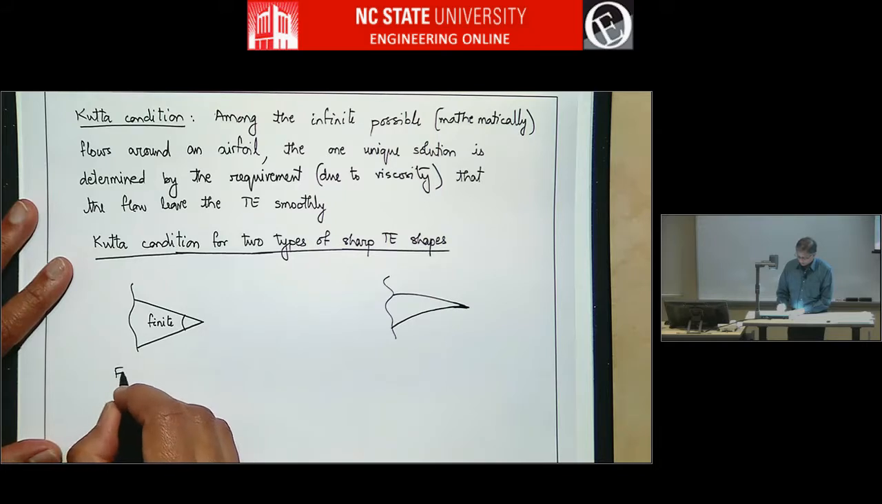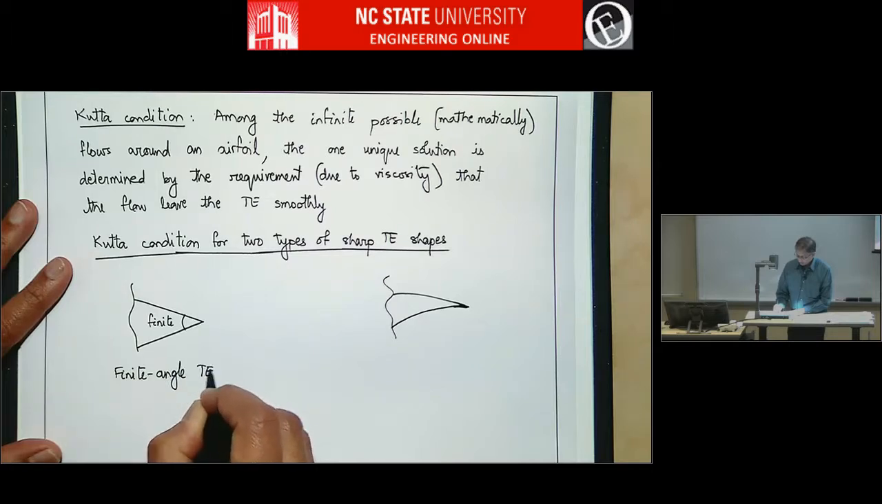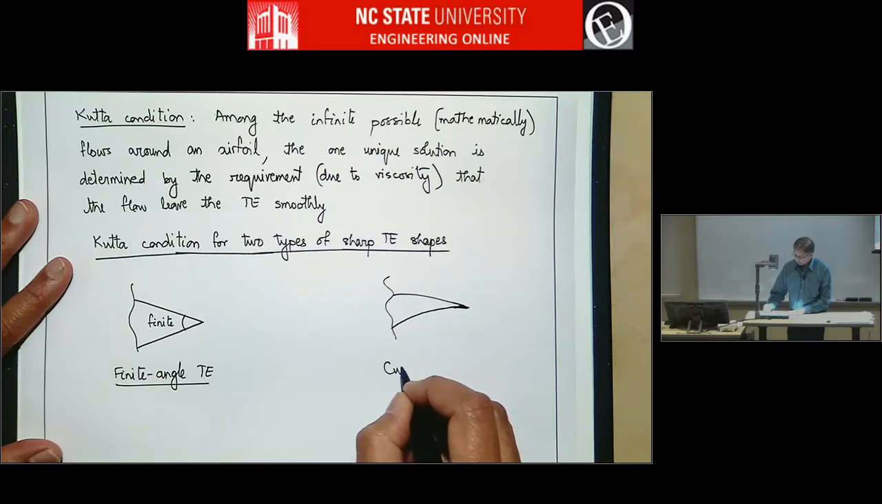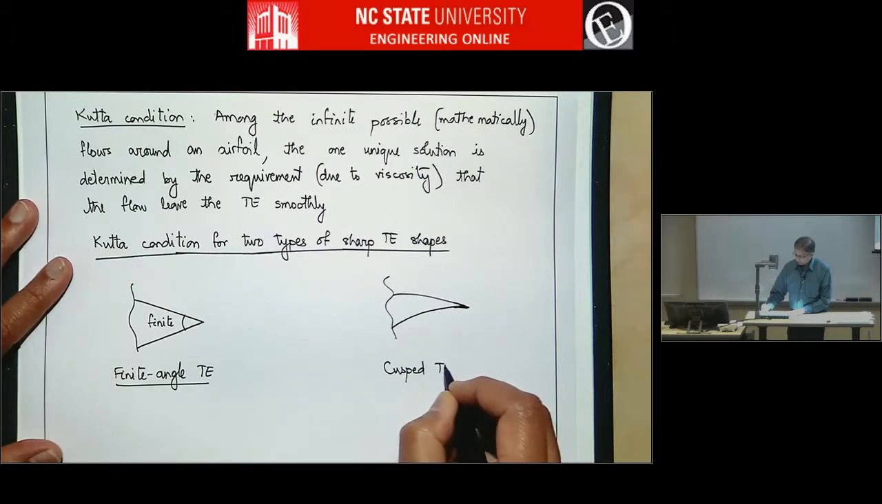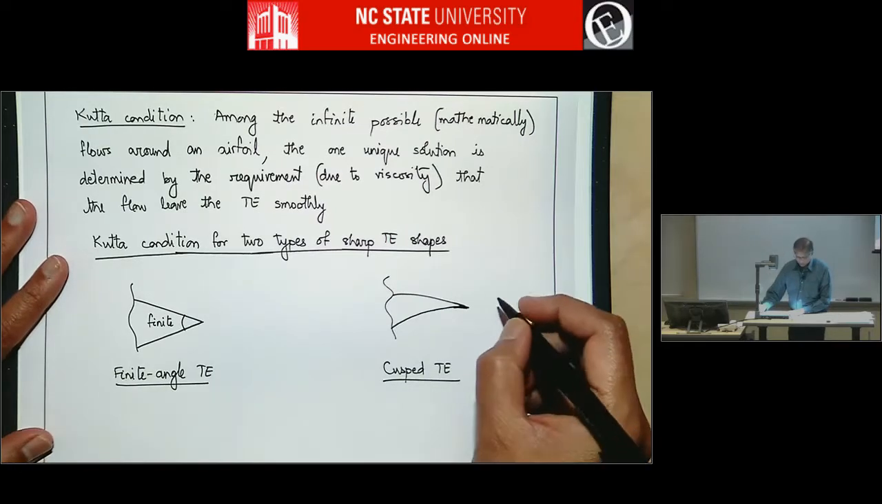And so this is called a finite angle trailing edge. And this is called a cusped trailing edge. So here upper surface